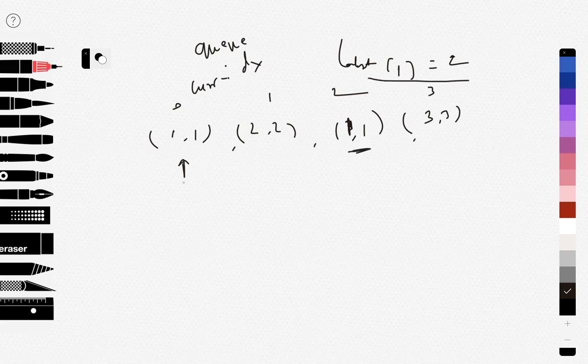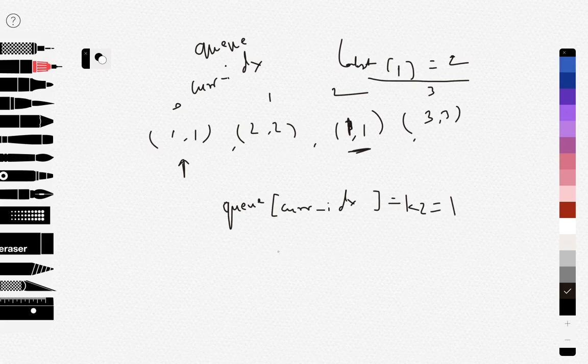But we know the current index, so what is the key in the current index? So q of current index is going to be k2, which is our key in consideration, which is going to be 1, which is this key.